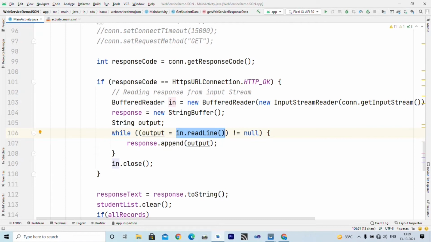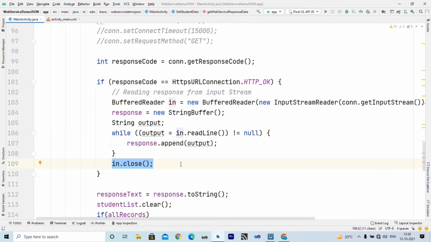So it reads data line by line into output, and that data is appended to the response StringBuffer. After the first iteration, inside response we have the first line. When we read the second line, it is appended to response, then the third line, fourth line, and so on. Every time we read a line from that URL, it is appended to response until it is null. When that returns false, it means the end of the response.